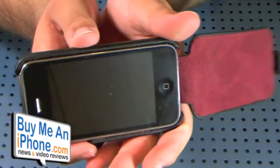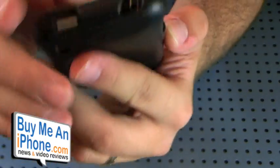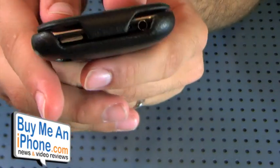It's not gonna pop out. I don't have any worries about that happening at all. And let's go and close this up, and it does have that little hook on the top there. Okay, so let me just show you the openings on the case, and then we'll go into the actual quality